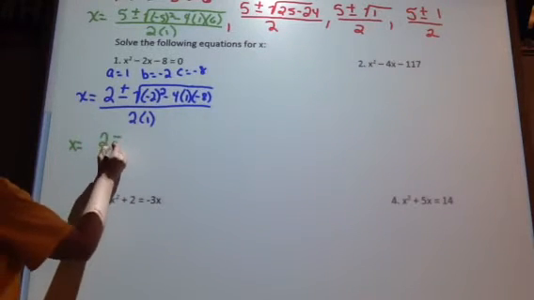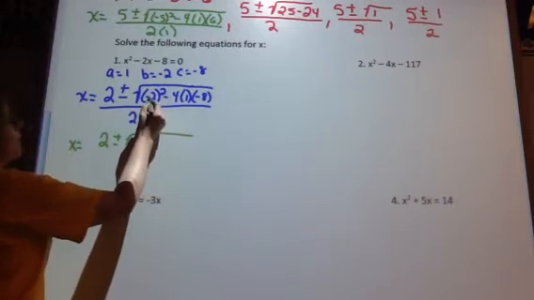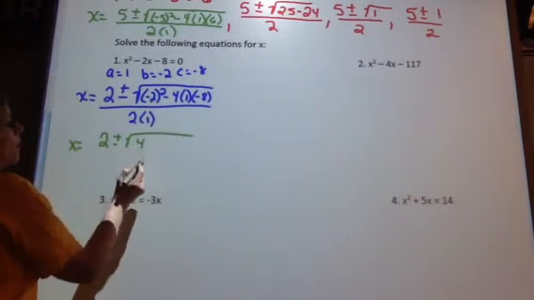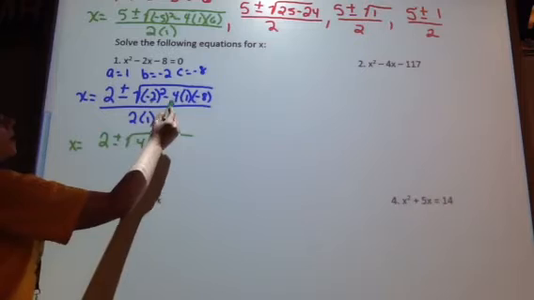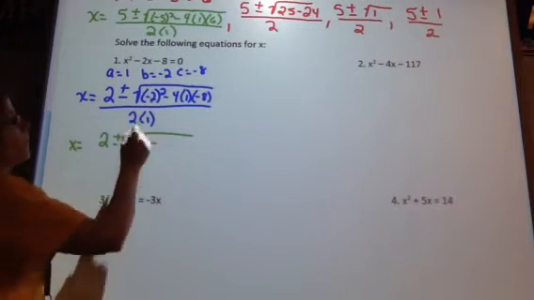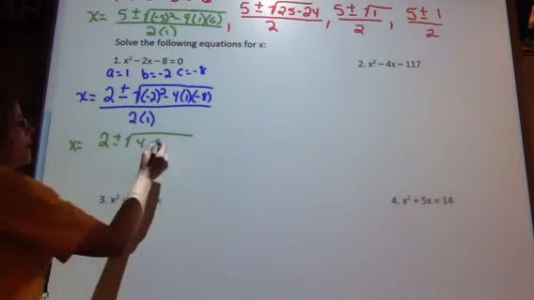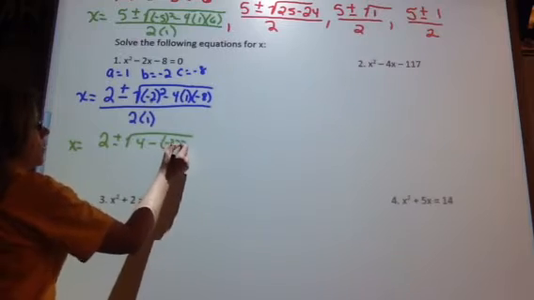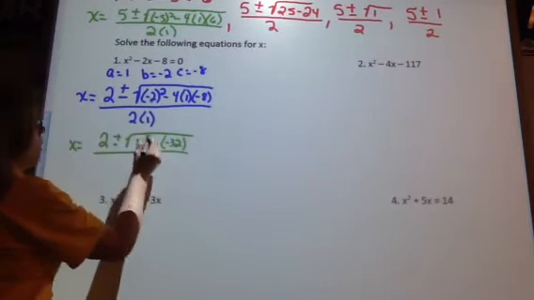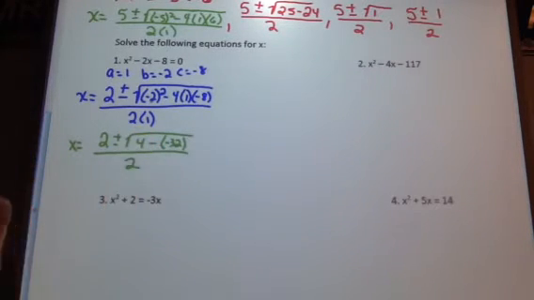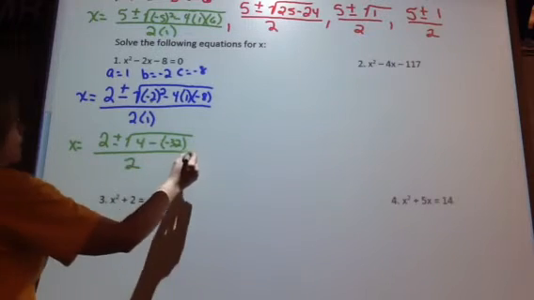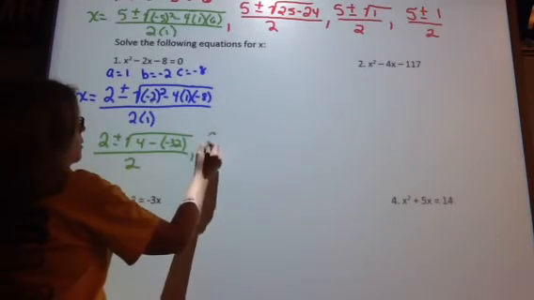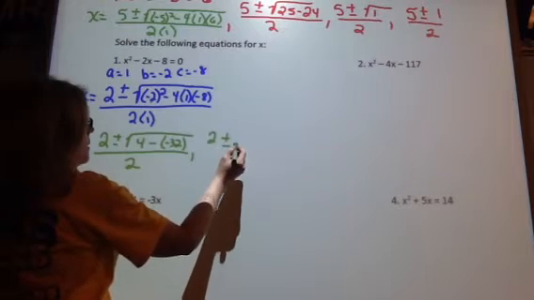x equals 2 plus or minus the square root of negative 2 times negative 2, which is positive 4, minus 4 times 1 times 4 times a negative 8, which is a negative 32, all over your denominator 2. Okay, so let's simplify. 2 plus or minus